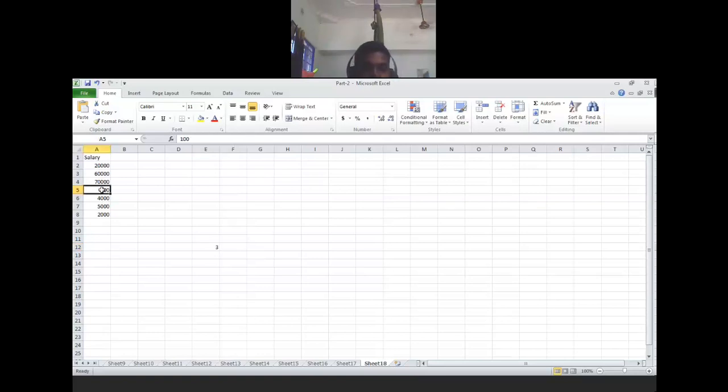If any change happens later, look here. You got 4 items because I mentioned equal to, that's why it counts including the 10,000. That is how to count how many people are getting more than 10,000 salary. Not only 10,000, it depends on you. If you want to count less than or equal to, you can do that also.